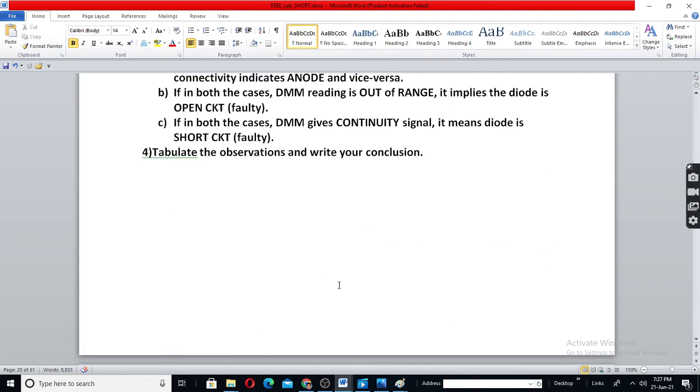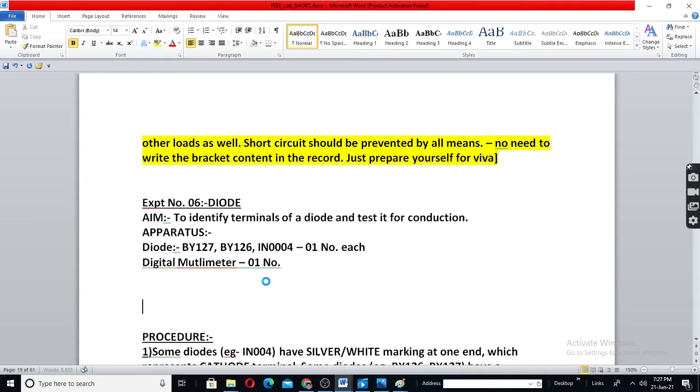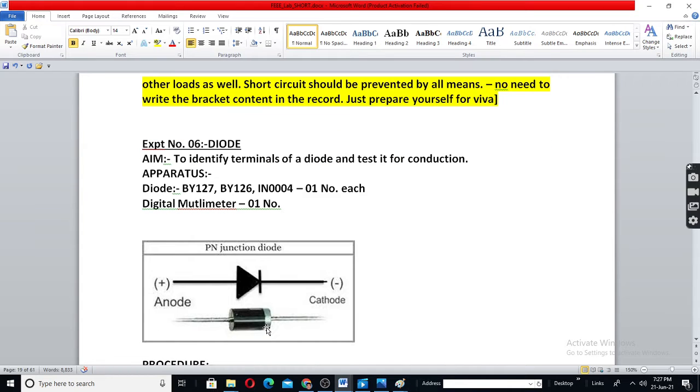Okay, you have here a silver end. Silver end is cathode. This is the symbol. The first figure is the symbol. Anode means A, positive.